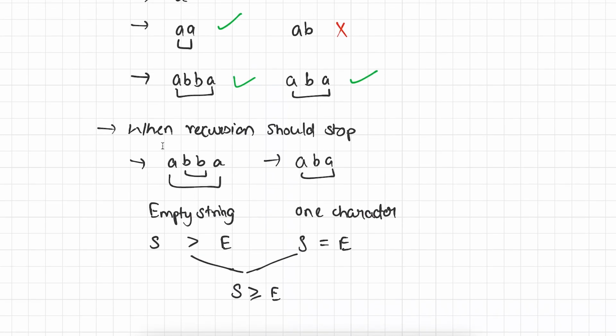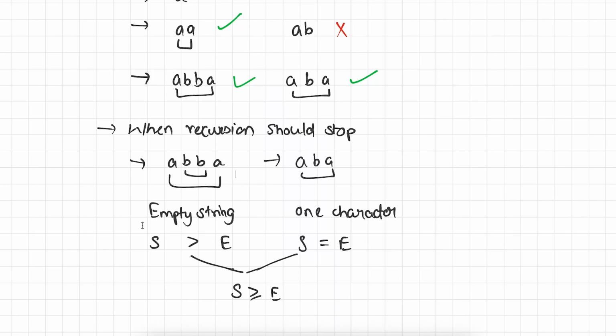Now moving to when the recursion process should stop. So in this case, let's say the string is given as ABBA, and you can see there are four characters in this string. Okay, and here the string is given as ABA, and here there are three characters. So maybe your string contains an even number of characters or an odd number of characters. And for example, we are using two pointers to keep track of the first and the last character. So in this example, we first check A with A, we find that both are equal. Then we check B and B, we find that both are equal. And after B, we end up getting an empty string.